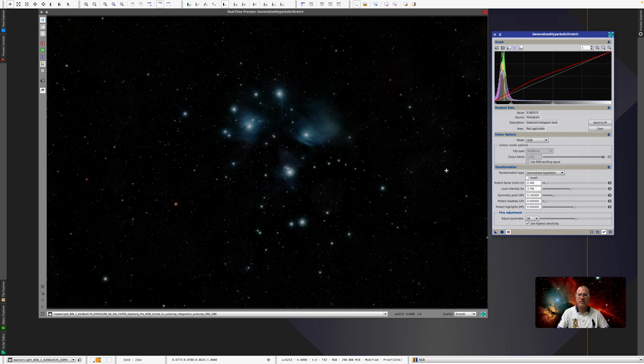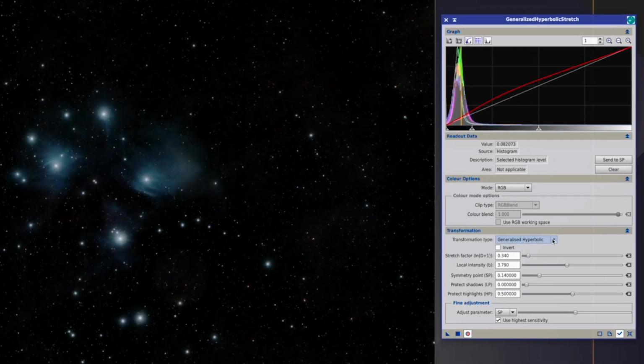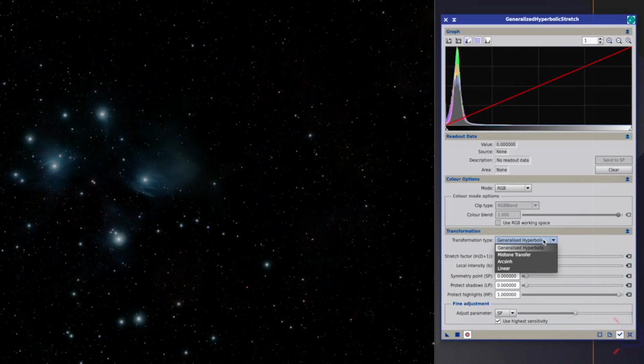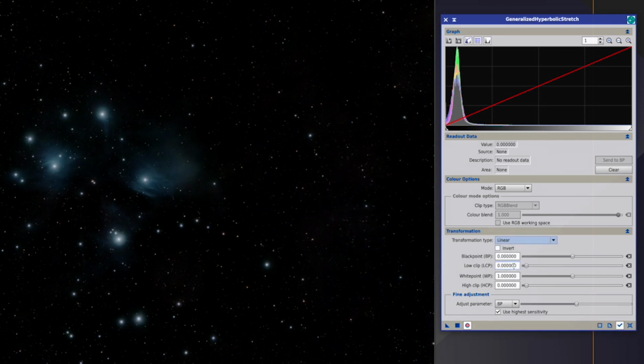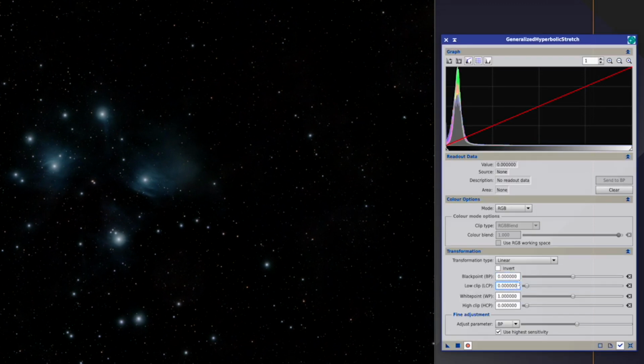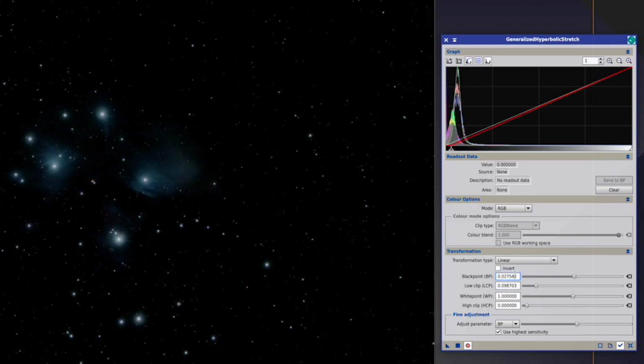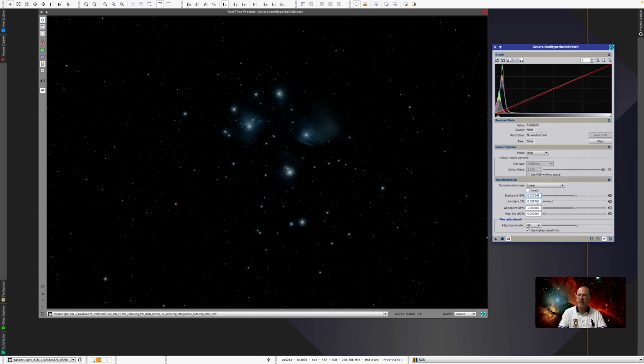Okay, now there's something else we're going to do before we exit here. We reset everything. We go here to linear. And now in the low clip, we just change the last number here from a 0 to a 1. Press enter. Doesn't work, so we go up until it reacts. It changes the number here. And that really depends on the picture. And here actually I have to go to 0.99. And you see it got a little bit darker. It declipped now